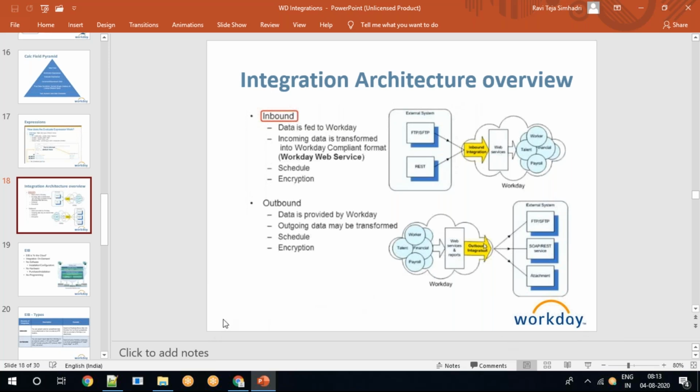Okay, it's not going for the full screen for different reasons. All right, so